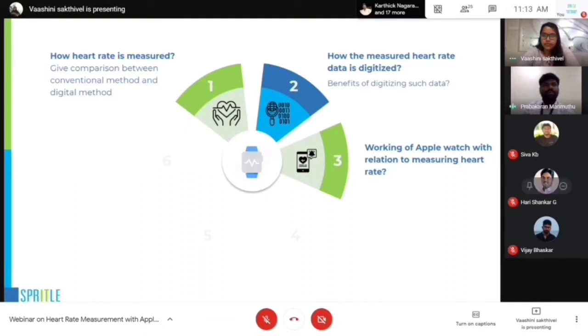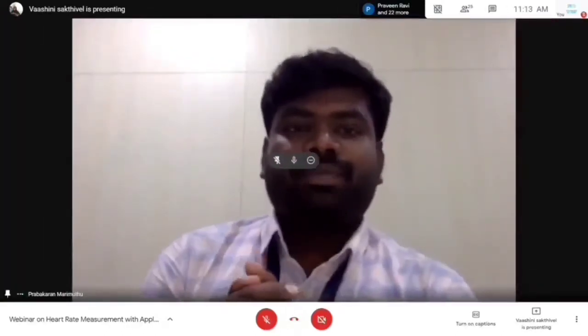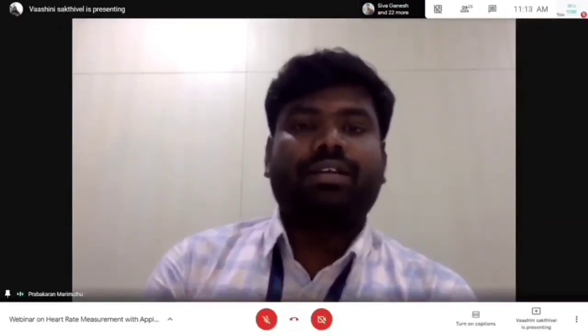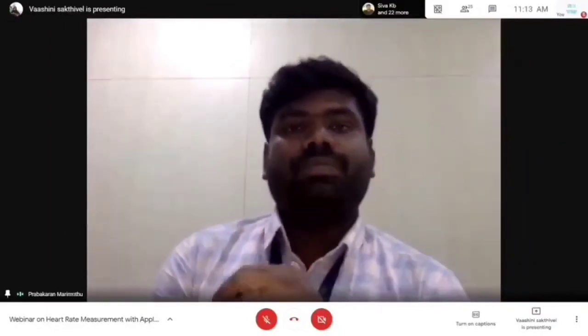Yeah. If you look at your Apple Watch, there is a sensor. To measure your heartbeat, it uses a technology called photoplethysmography. It's not a physical way, but it's the technology behind the Apple Watch to measure your heartbeat. Your blood is red because it reflects red light and absorbs green light. This is the underlying concept behind the Apple Watch.